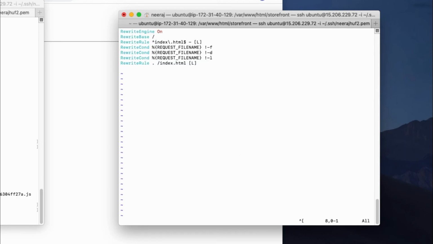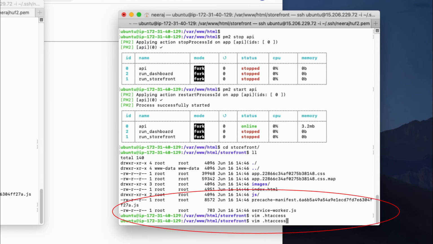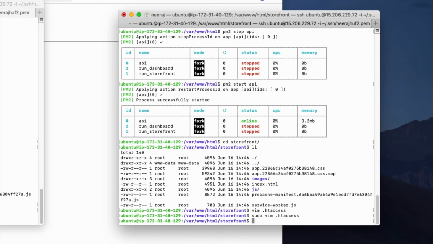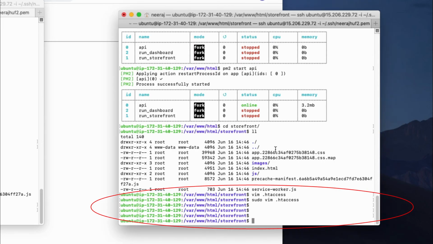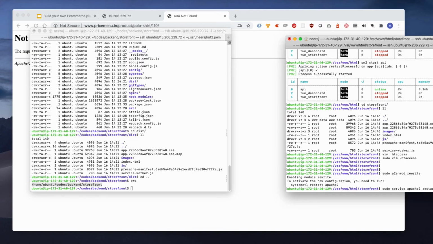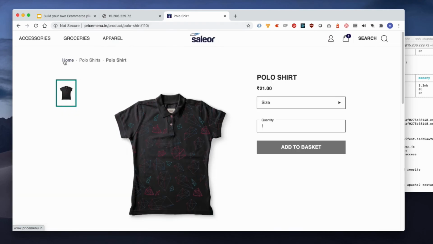So here is the code. And I need to enable the mod_rewrite command. Now I will simply restart Apache and let's see if it works. Yeah, now it is working fine.